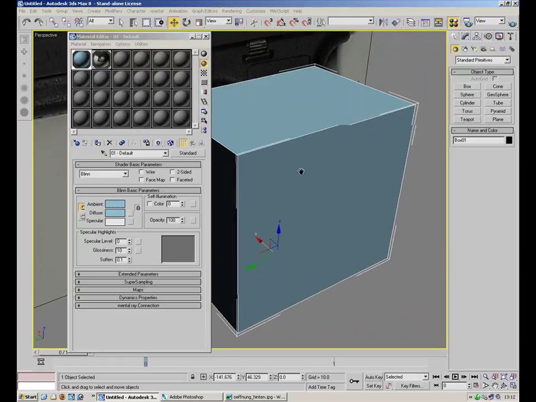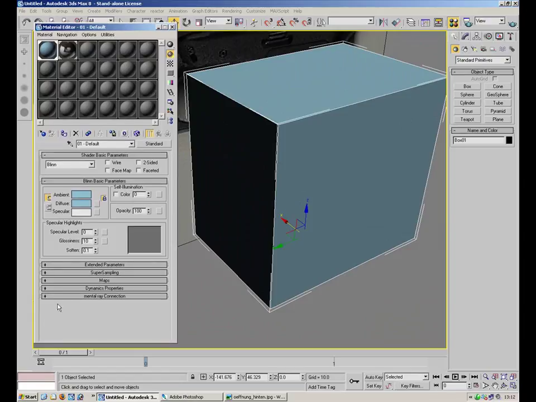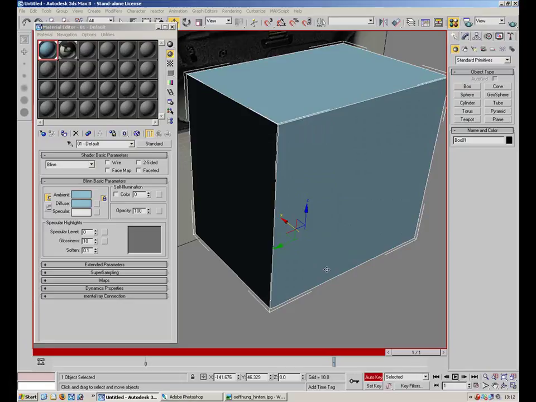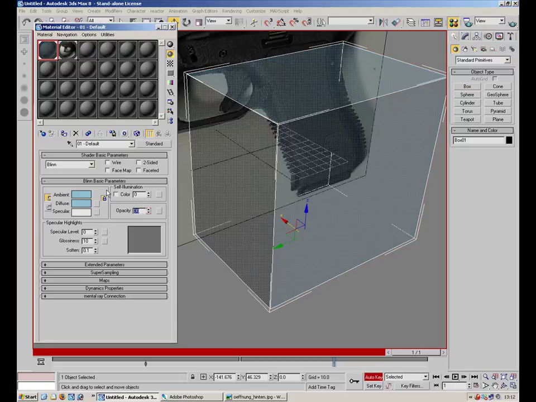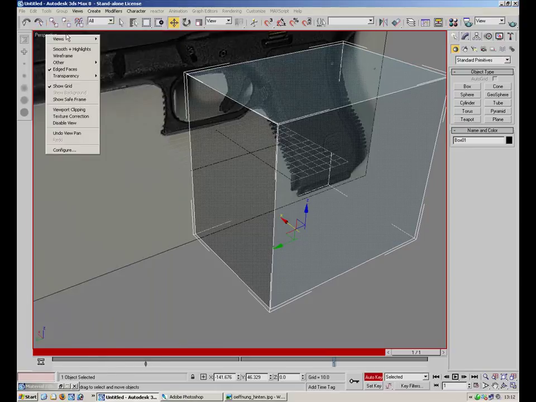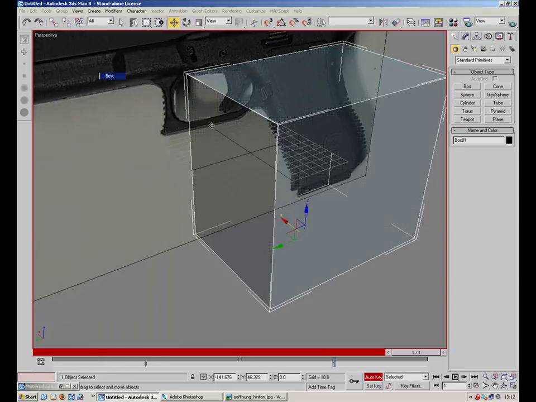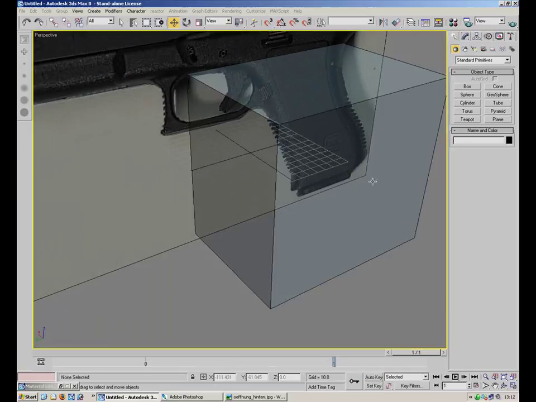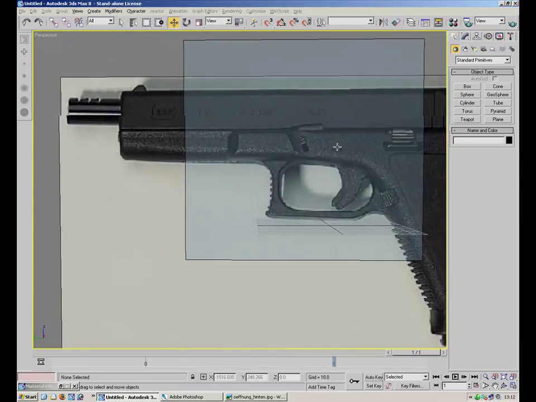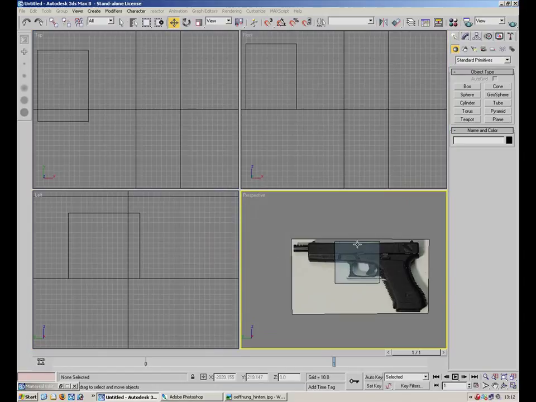Okay, and so we're going to animate this material. What we want is on frame 0, we have it as a solid colour, and then on frame 1 we want to put down the opacity. So I'm going to just select auto key, put it on frame 1, and I'm just going to select the opacity and put that down to 30. Hit OK. And lastly we want to put the transparency on best, because otherwise you get that funny transparency going on there. So now as you can see through, and you can see your model,